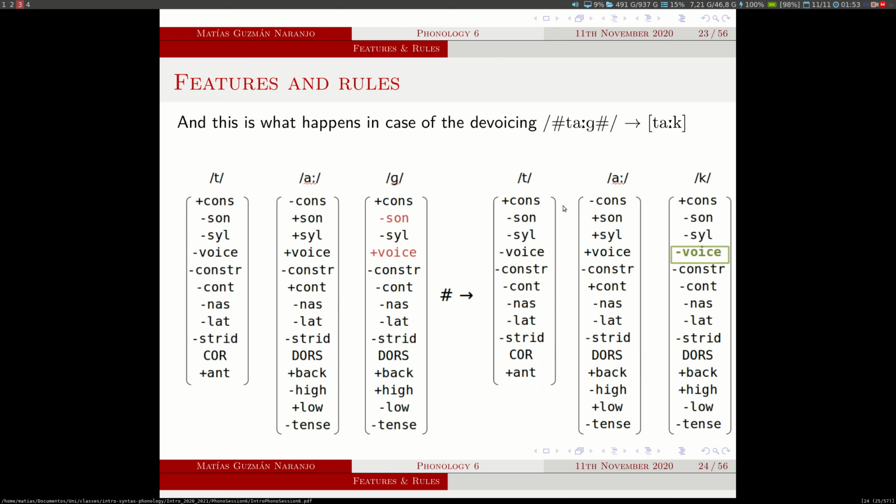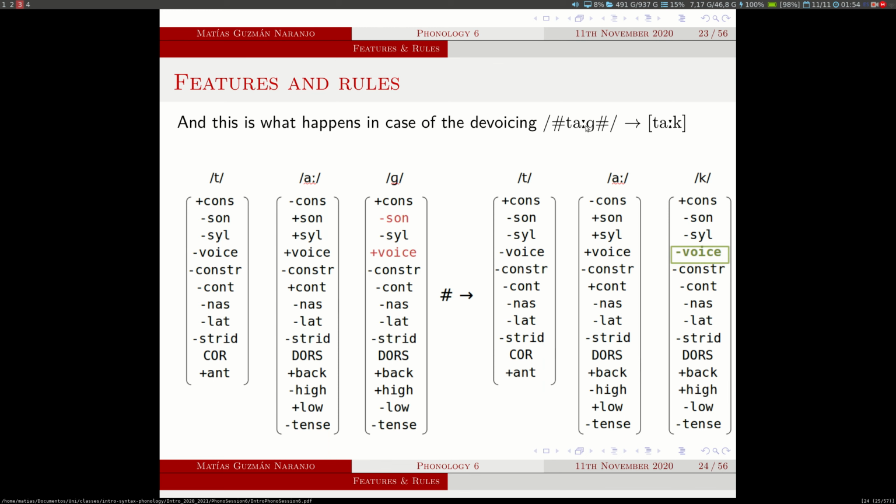And try to think for a second, why do we know this? Why do we know that the underlying representation must be a g in tag? Or you could flip it around, but why do you think that we don't assume that the underlying representation is tag? Give that a go. Well, the reason is that you still see the g in plurals and genitive. So when you inflect the word in tage or tages,